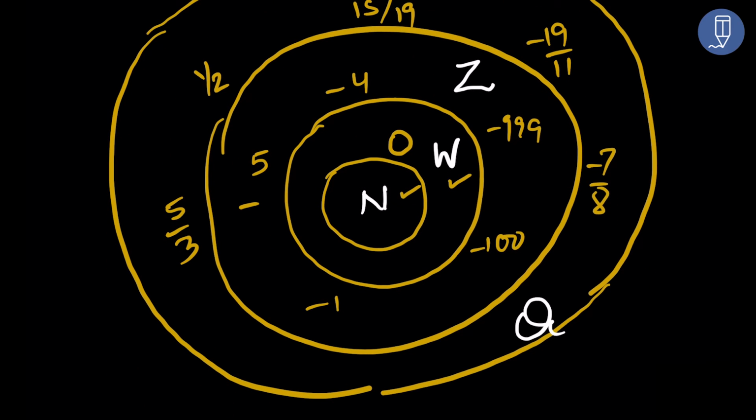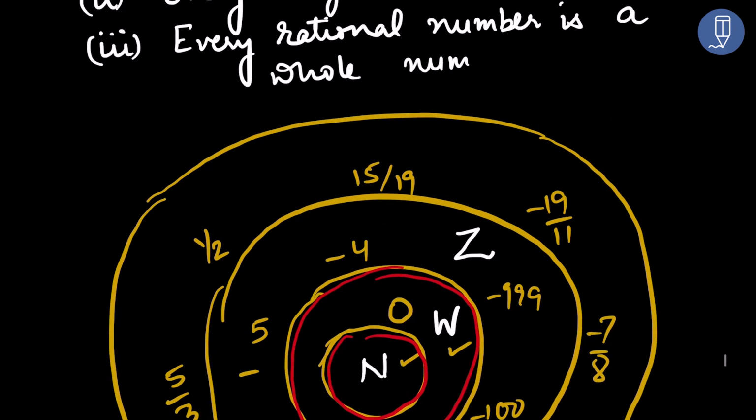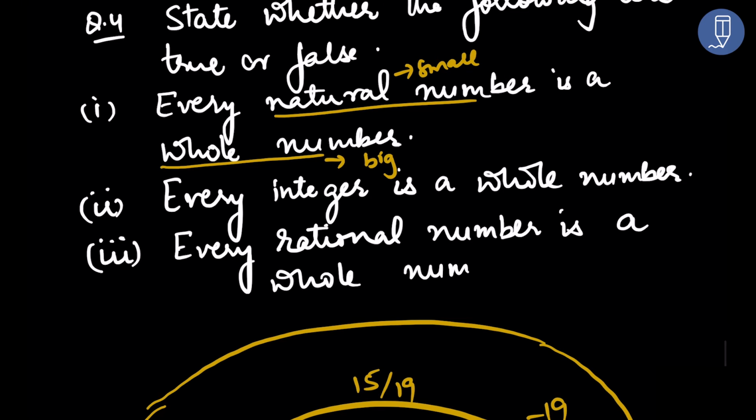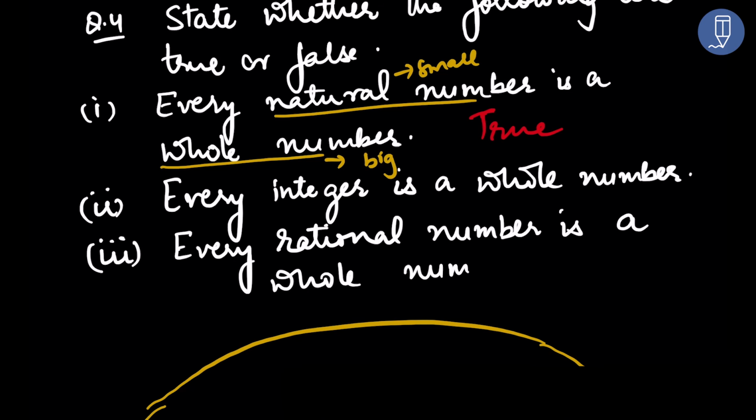That means we are saying all the natural numbers are inside the whole numbers. This is what the statement tells you. So the statement becomes true. Correct? Now, the second statement says